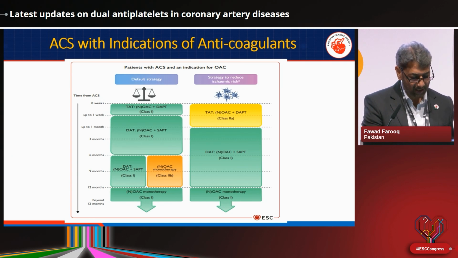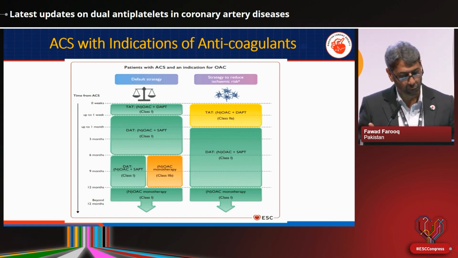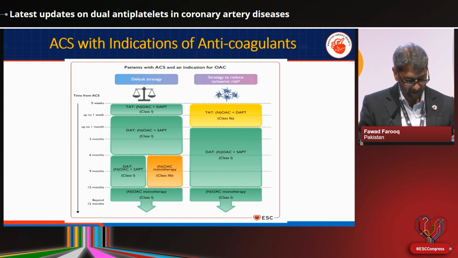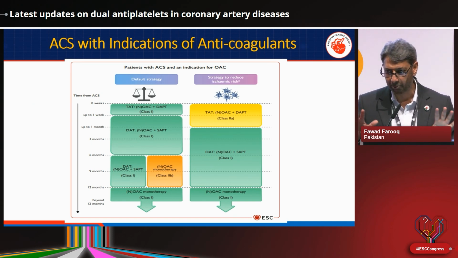In patients with high bleeding risk, you can give it for just 1 week and then continue with dual antithrombotic, like NOAC and a single antiplatelet, for 6 months. Then accordingly, you can continue it for 1 year, or you can switch to NOAC as monotherapy. And after 1 year of treatment, there is no need for antiplatelet. You can continue with your NOAC as both antiplatelet and antithrombotic coverage.